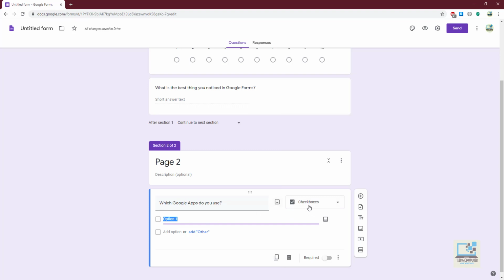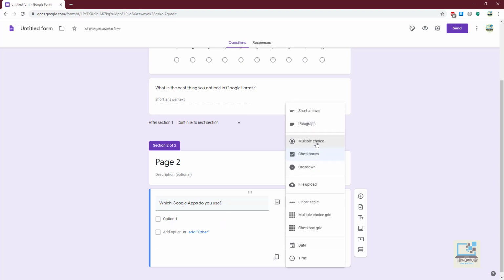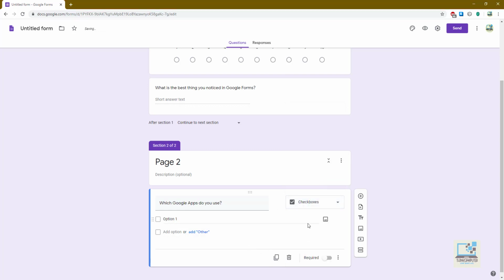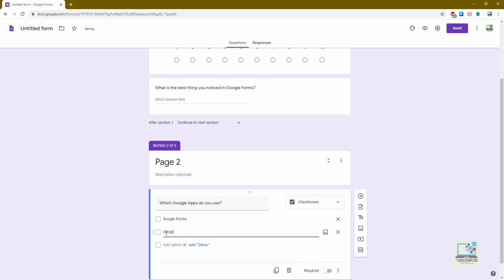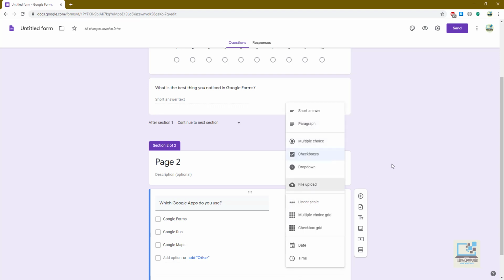Now the difference is, if you select MCQ, then only one answer can be selected. But if you select the other one, the checkbox, then more than one value can be selected. Which Google apps do you use? Google Forms, Google Duo, Google Maps. So if you use the option of checkbox, that means more than one answer can be selected by the user.